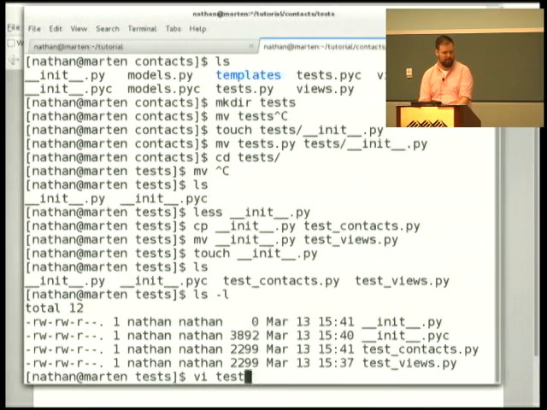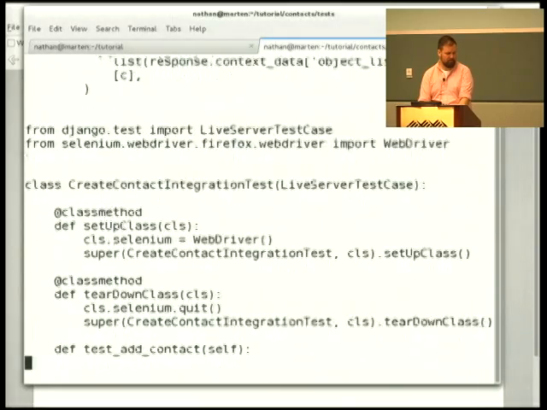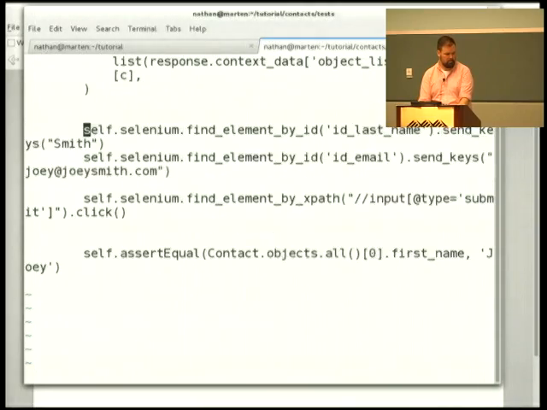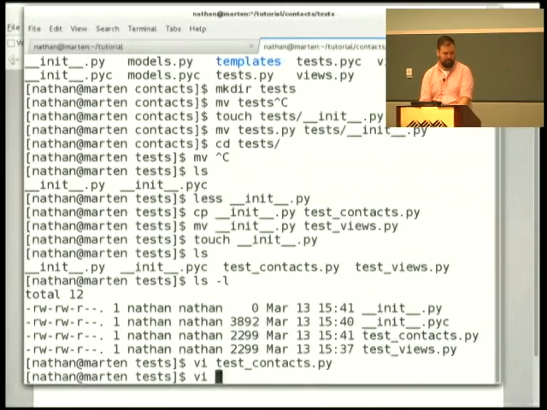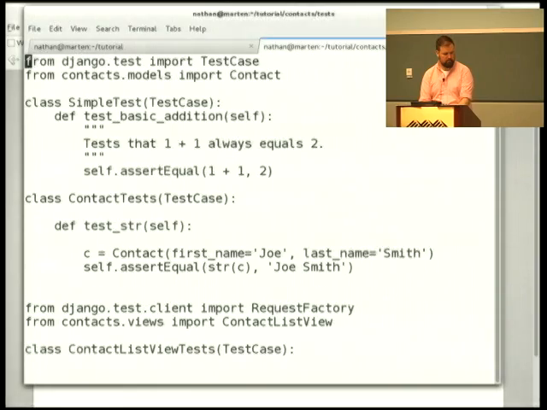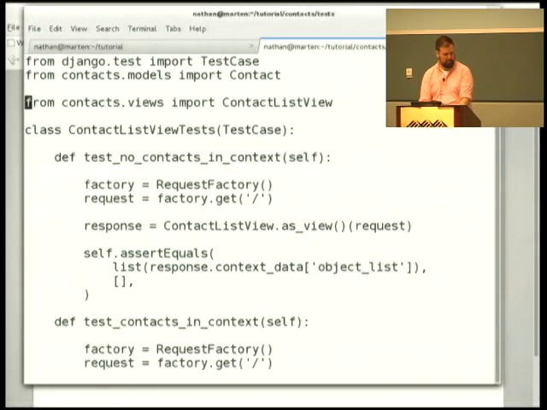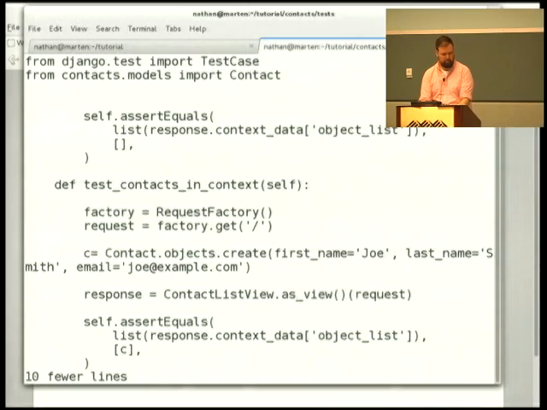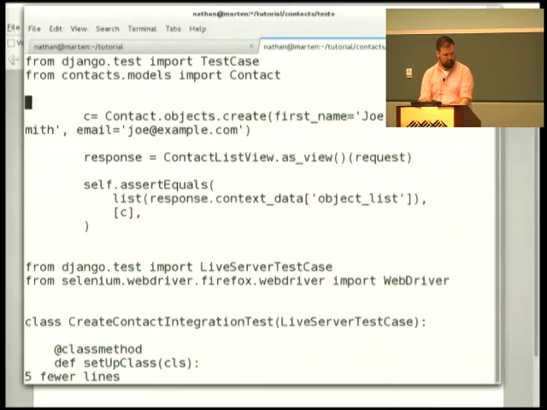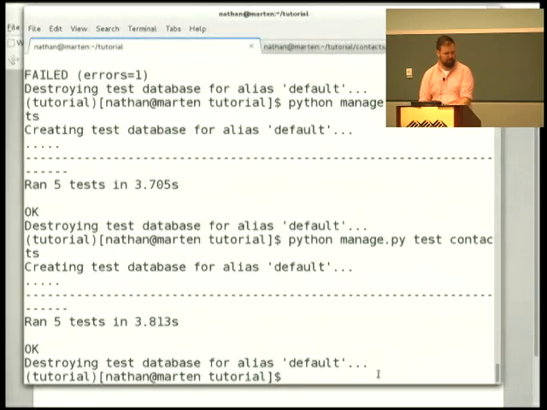They're the same. I'm going to go in here to test contact, and I'm going to delete that integration test I just wrote. And then I'm going to go into test views. So now I've split them into two files, and I hope, it looks like